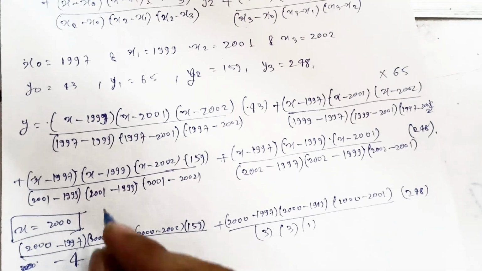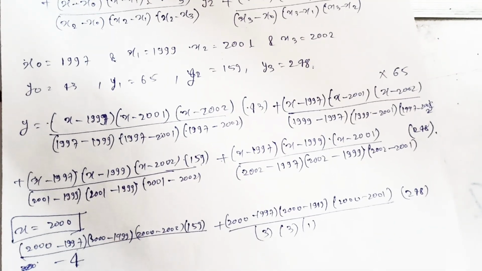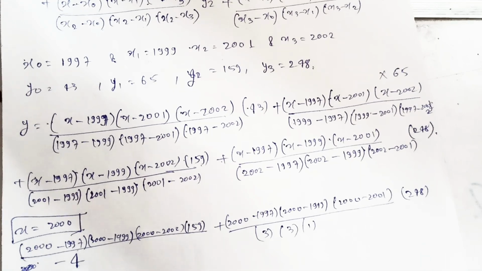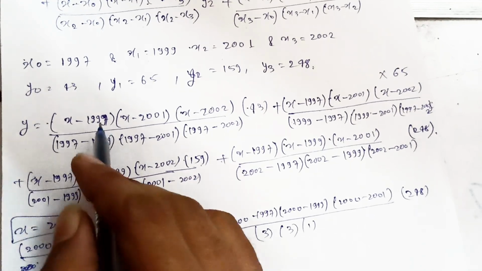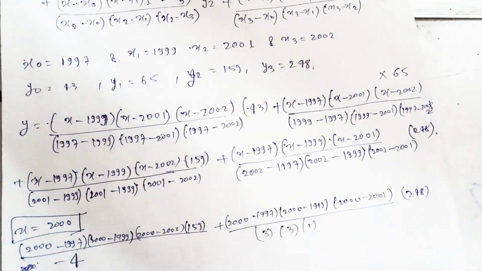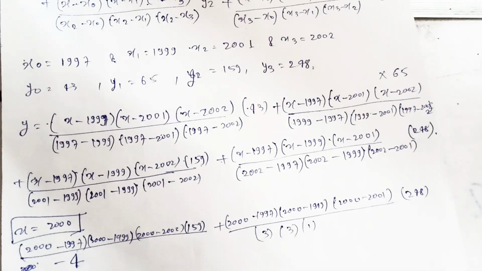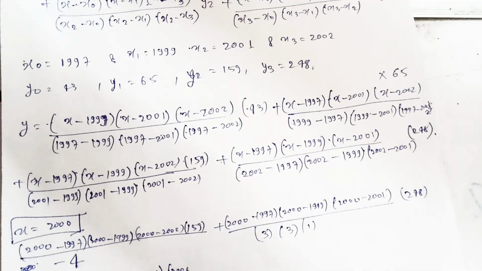And for the other one, that will be also 2000 minus 1999, and then 2000 minus 2001, and 2000 minus 2002,